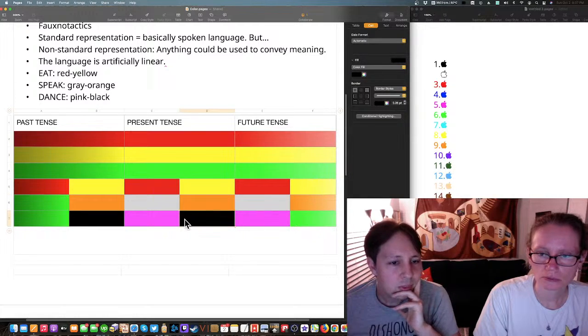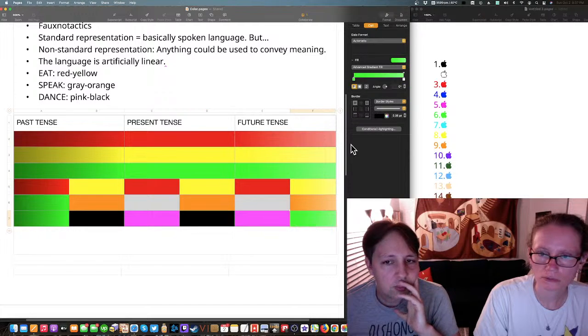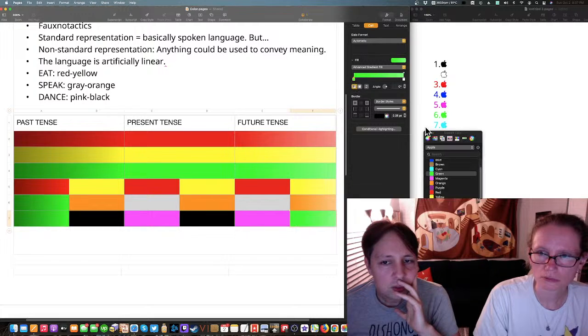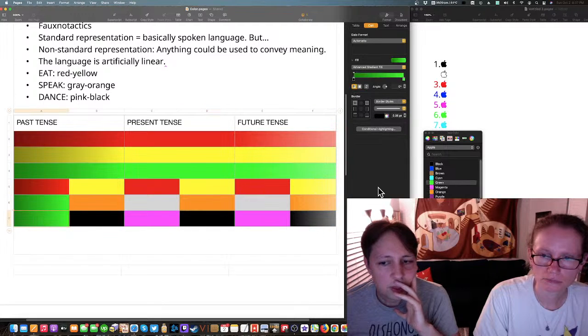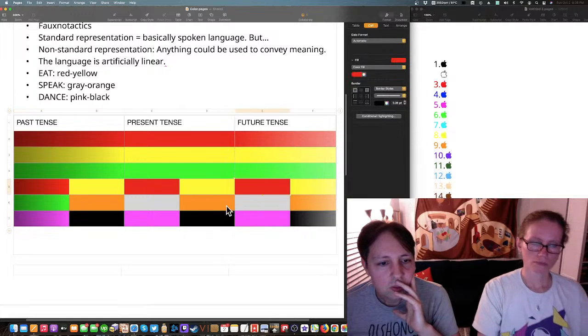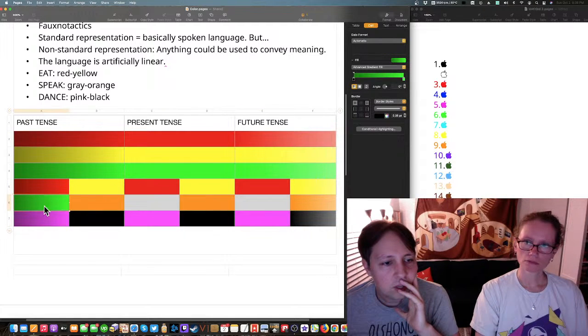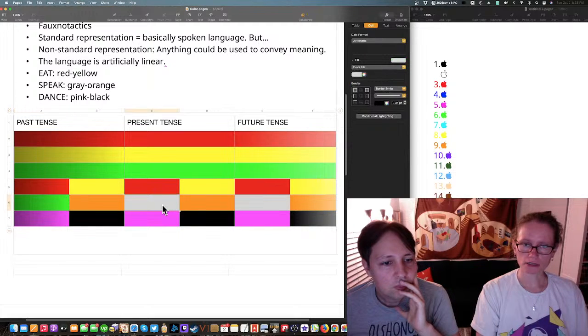Oh right, this one needed to be... No, black is fine here. Shoot. Black is fine. And this one, pink is, magenta is fine. Sorry, that's fine. And so it's gray here. Can you go ahead and just load up gray so we can see?